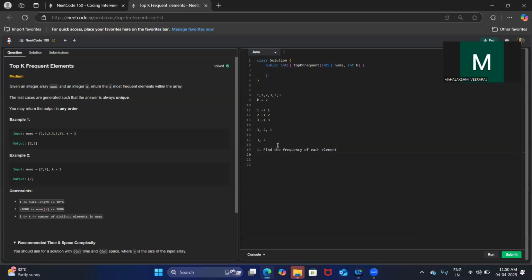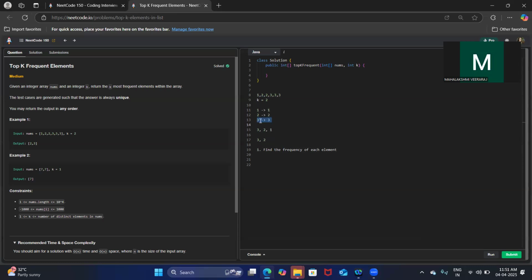Here, one occurred one time, two occurred two times, three occurred three times. So I need to choose the elements based on the most frequent elements. Three has the most frequency.